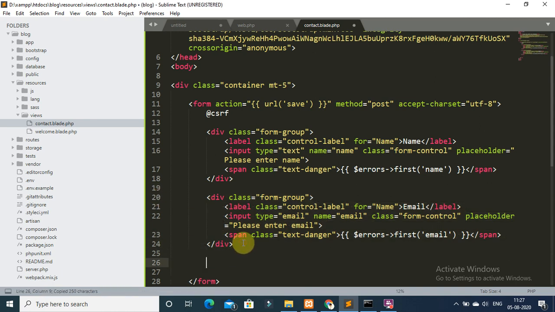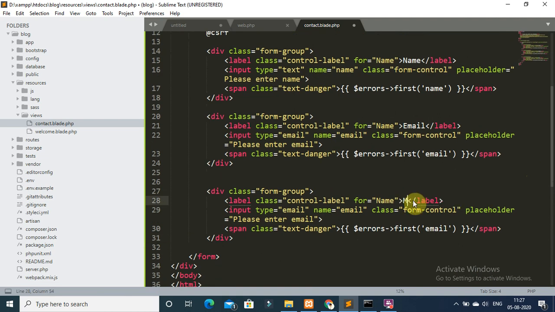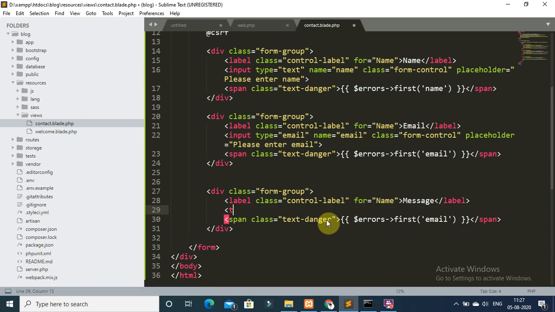Now copy this again and type message, and remove this input, use a textarea tag, and type name message, class form control.